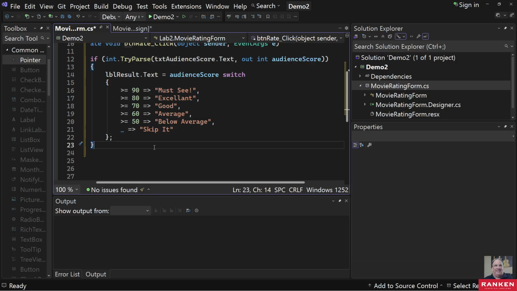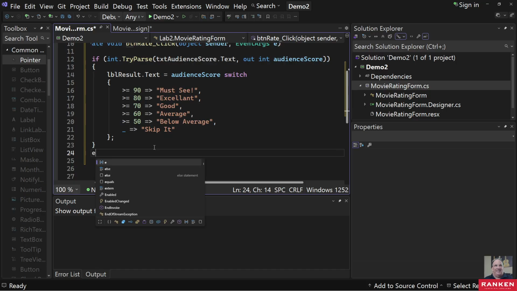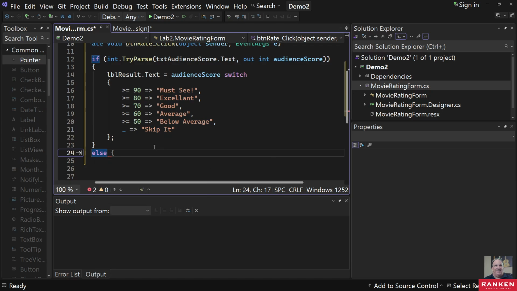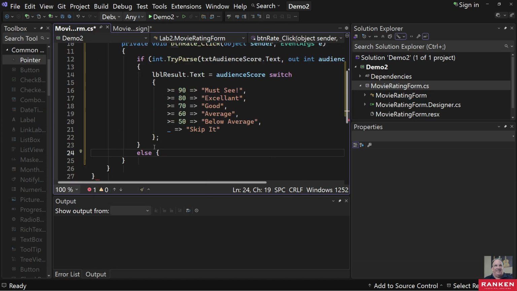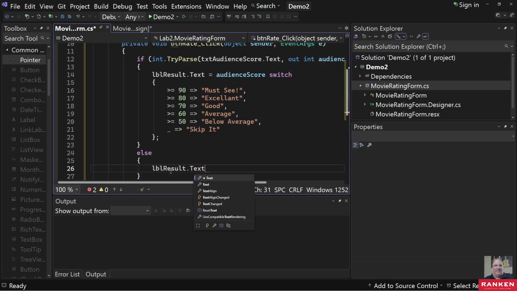And so this is for our try parse, and then kind of what I did before on that other one, I'm just going to go ahead and do an else statement here. So the else is basically if it could not parse it successfully, right? If it could not parse it successfully, then we want to go ahead and do label result. So I'm just putting this right in the other one. Text equals, please enter a valid